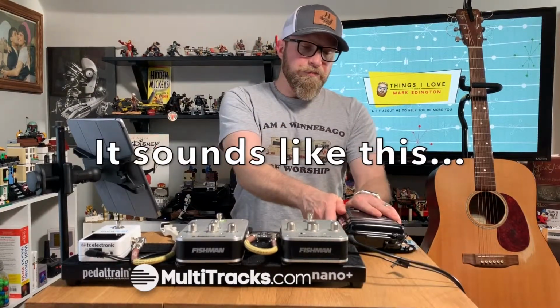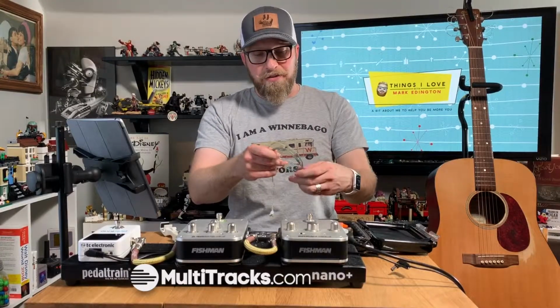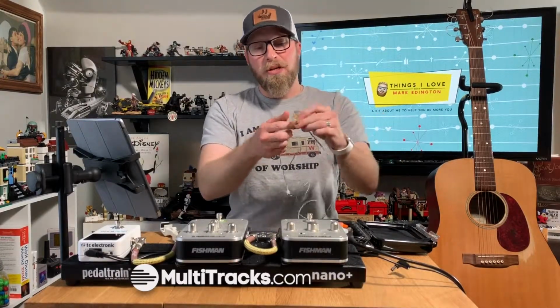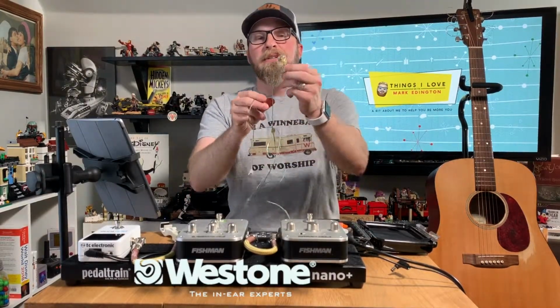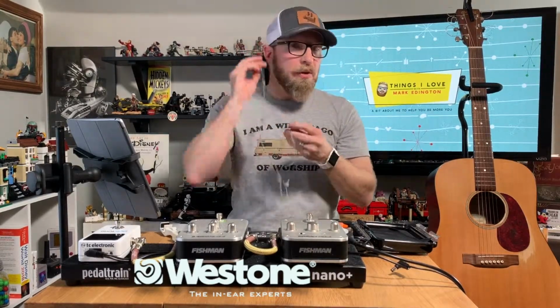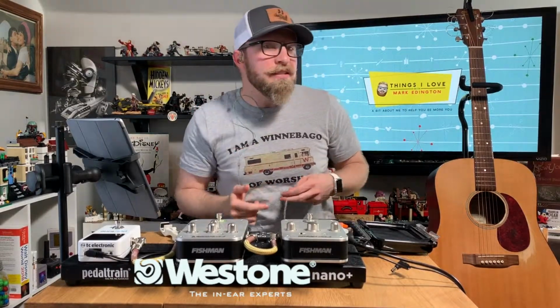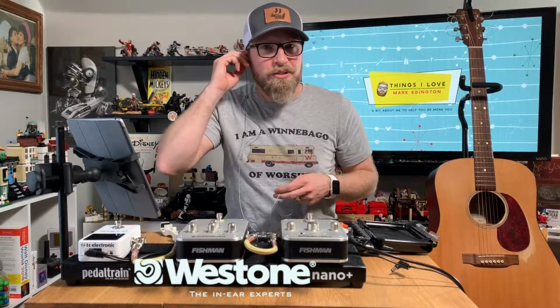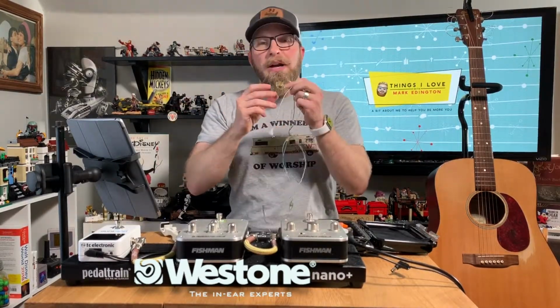And I've got my in-ear monitors here. That may be a new phrase for you, in-ear monitors. Maybe you're old school and you've got floor wedges. We also have floor wedge monitors at our church, but I've been using these for years. These are made by Westone. There's a lot of companies out there that make these, but these are molded to my ears, and so nobody else can use these. They just go in my ear and get hidden right there. And I got the clear ones so that they would be kind of hidden. You can get all fancy and get colors and designs and stuff like that,